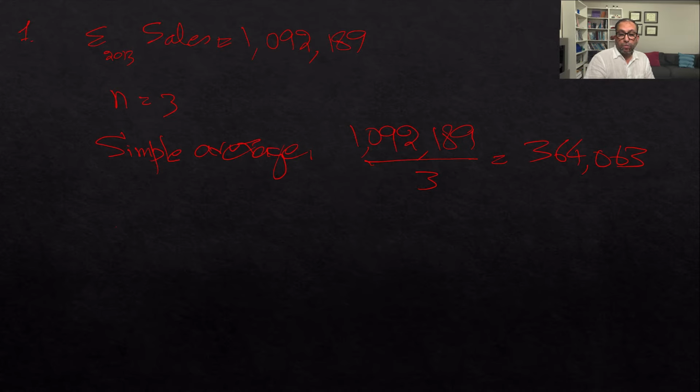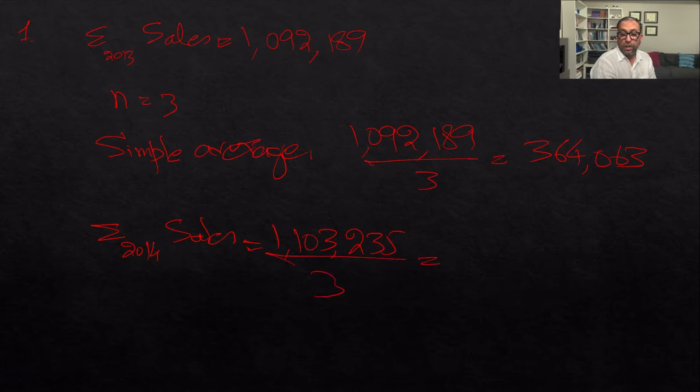And for 2014, we do the summation of 2014 sales, which is 1,103,235, and when we divide it by 3 we get 367,745. So this is for 2014, this is for 2013, and the B part is saying that you have to